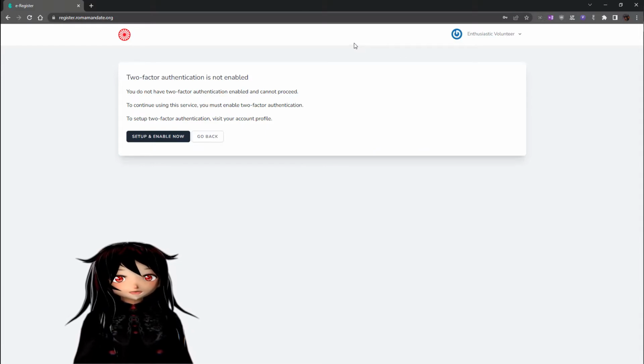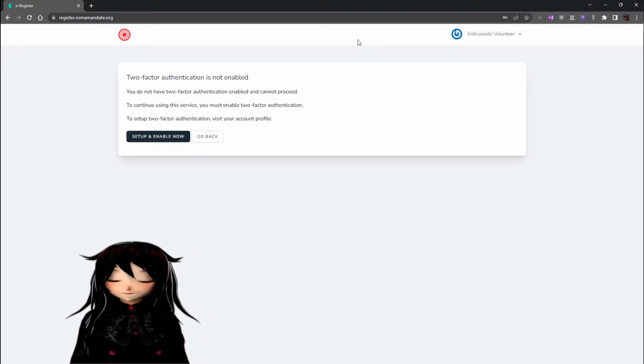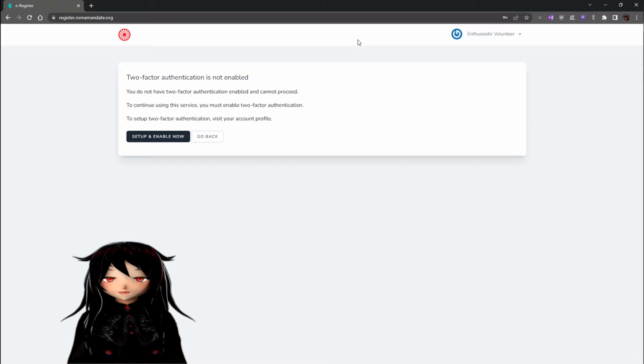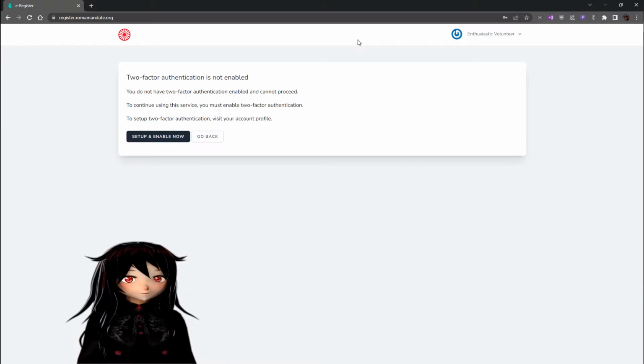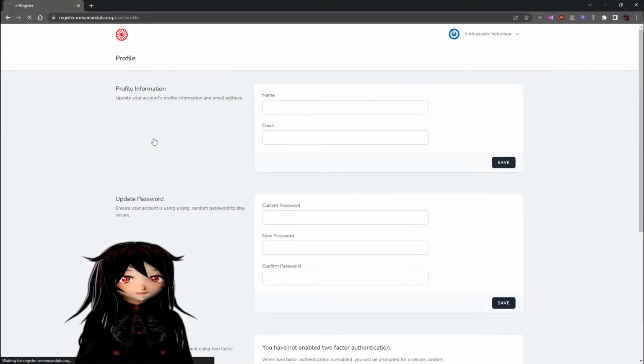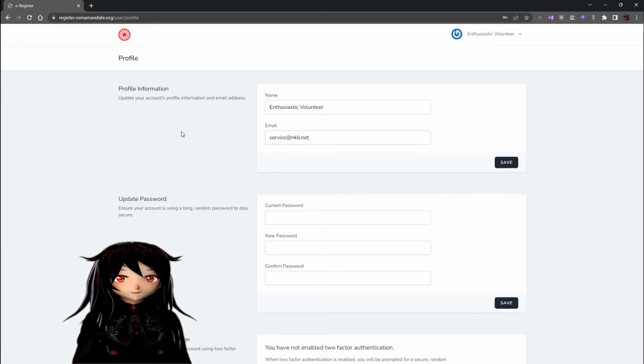Now, the first time you log in, it's going to tell you that two-factor authentication is not enabled. This is because it is absolutely required to be enabled at all times as a security feature, and if it is disabled, has yet to be set up and enabled, or you disable it yourself, then your account will effectively disable itself, so that if that was to happen and you were to forget about it and then somebody was to discover your password after the fact, it would not leave a forward-facing security vulnerability which would catch you out in the future. But at this point, we click Set Up and Enable Now, which takes you to the user profile screen,